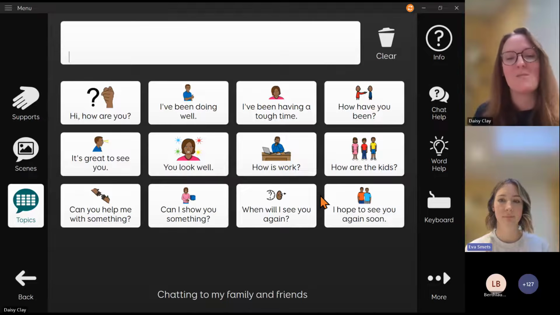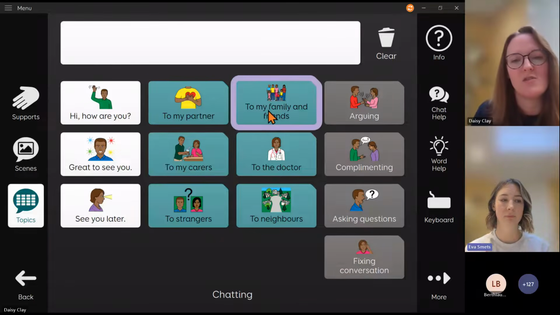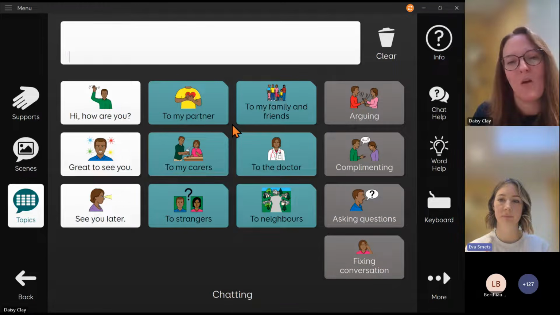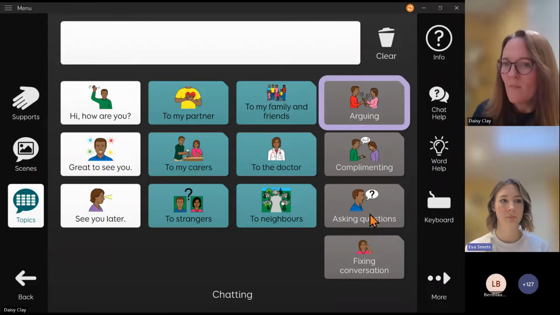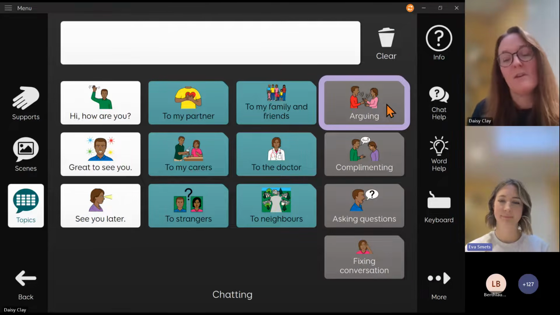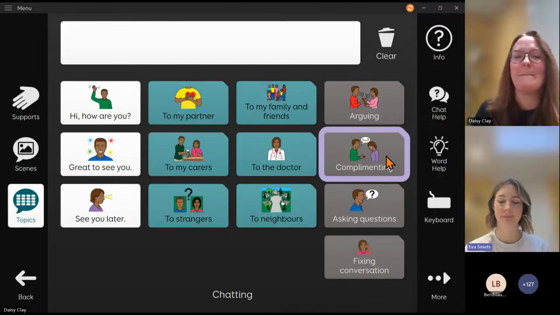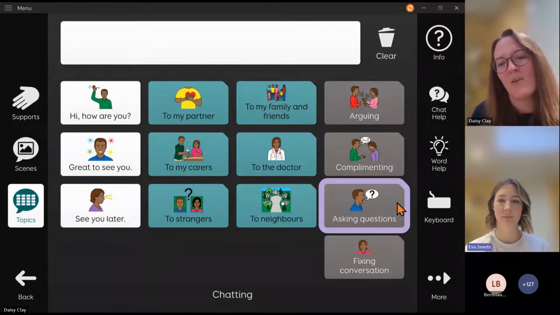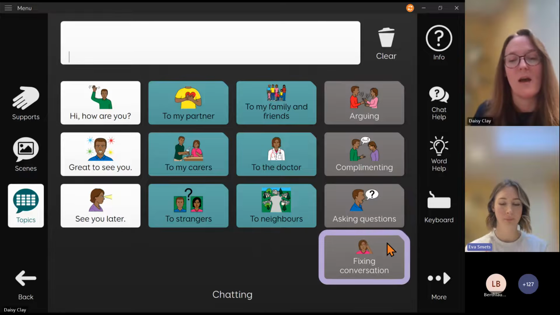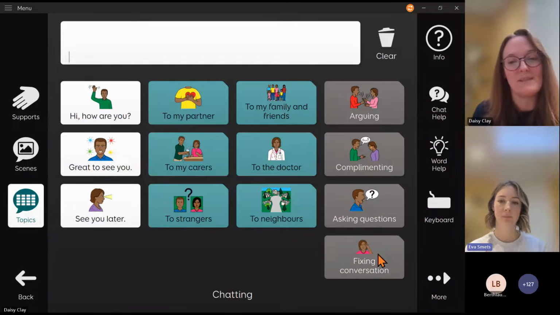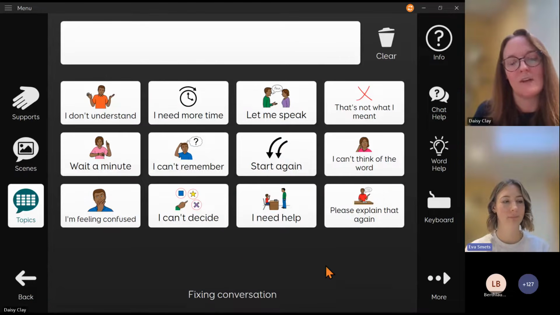And these are all word lists, so they can be really quickly edited and changed. And you might decide that actually you're just going to introduce one or two of these to start with, just starting with ones that are relevant. We've got some generic phrases as well that you could use to quickly use with anyone. And then we've got some topics down the right hand side for different communication functions. So being able to disagree with someone, being able to pay someone a compliment, and all of these different ways that we can communicate, all the different reasons, asking questions, and really important for people with aphasia, fixing conversations. So we've got a place to have all of those phrases here.